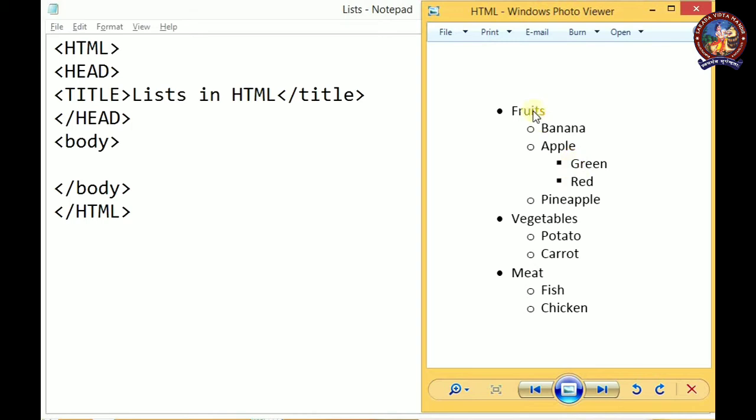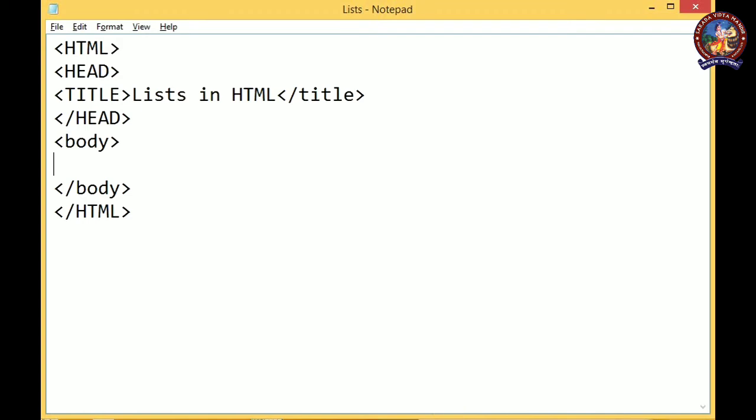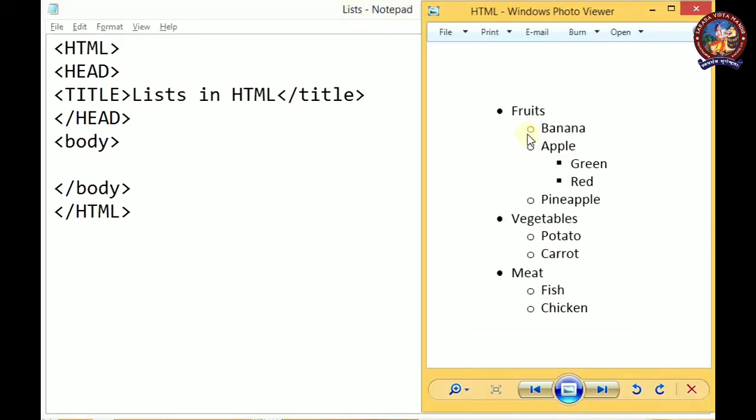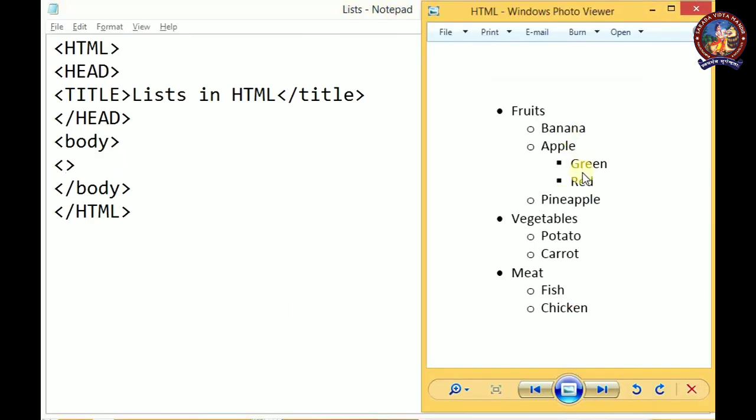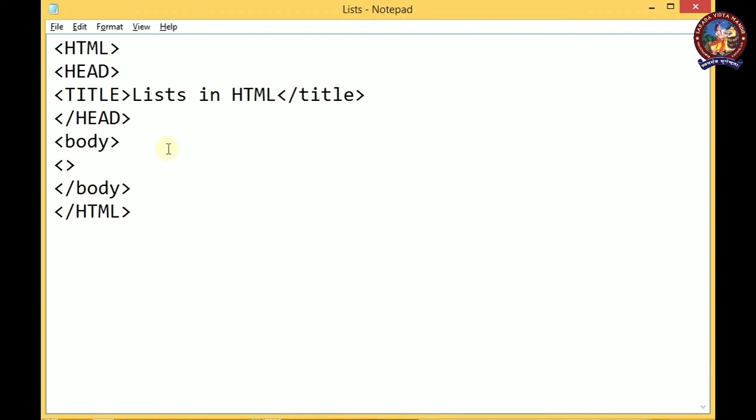So you have to create the whole list step by step, means the first level first, second level first, then the third level. So the first level we are going to create here. To create the first label, it is fruits, vegetables and meat. So we are going to create a list using, and remember this is an unordered list, so we are going to use the unordered list tag, that is ul